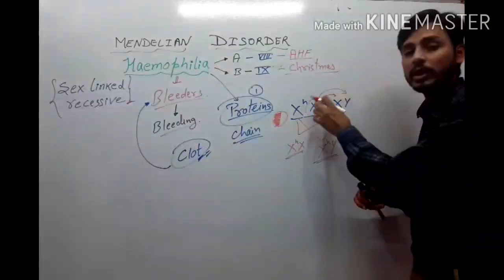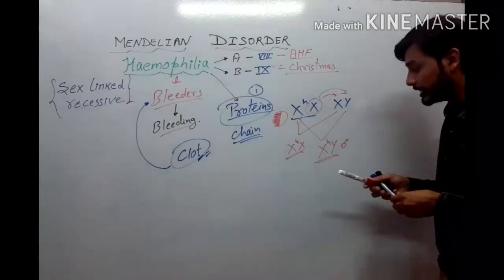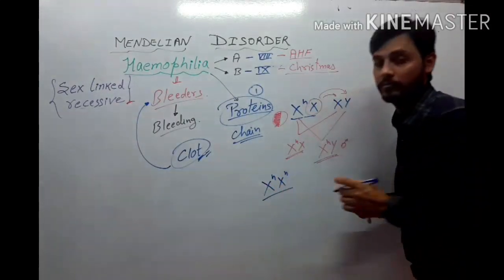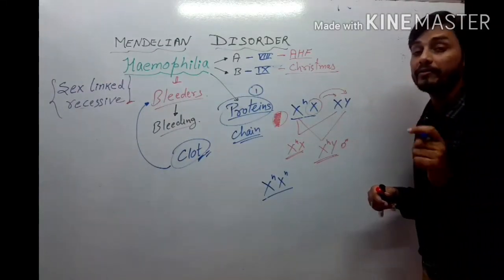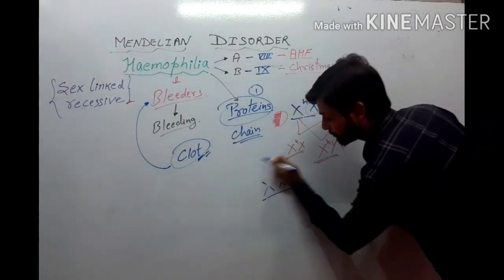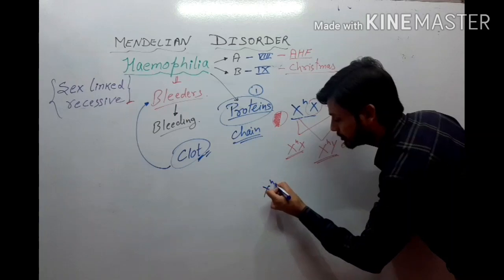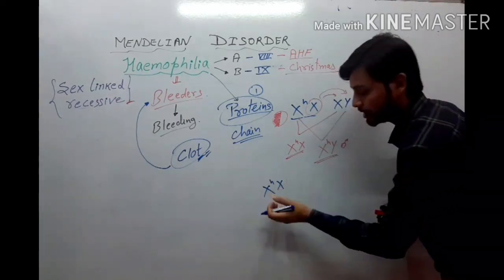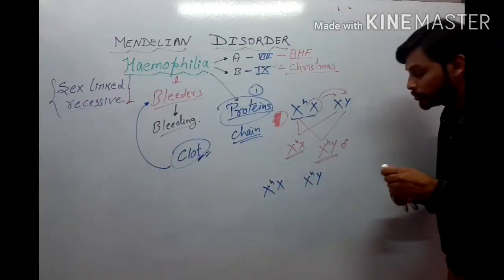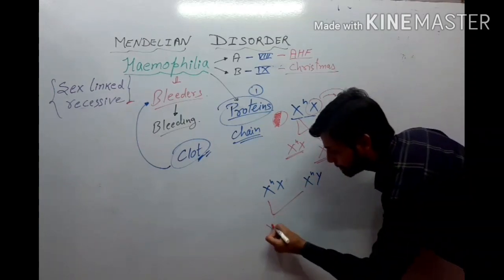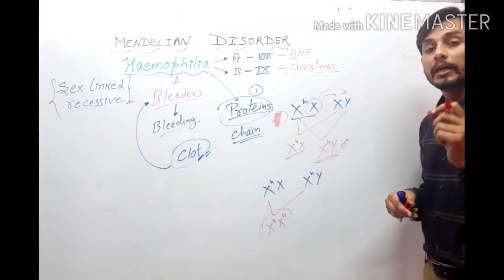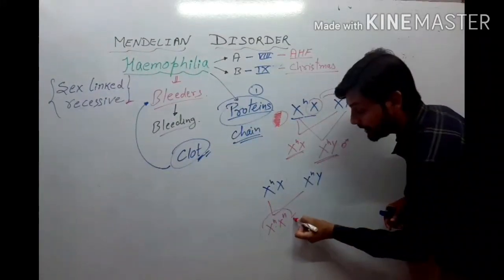We know what type of conditions apply to normal females. When we say that a female has to be affected by this disease, when this condition is there, then only the female will be affected. And when this condition can be present, that is, we just make a cross. A carrier female is mated with the affected male. So in this case, only the female will be the affected one. But this is a quite rare condition.